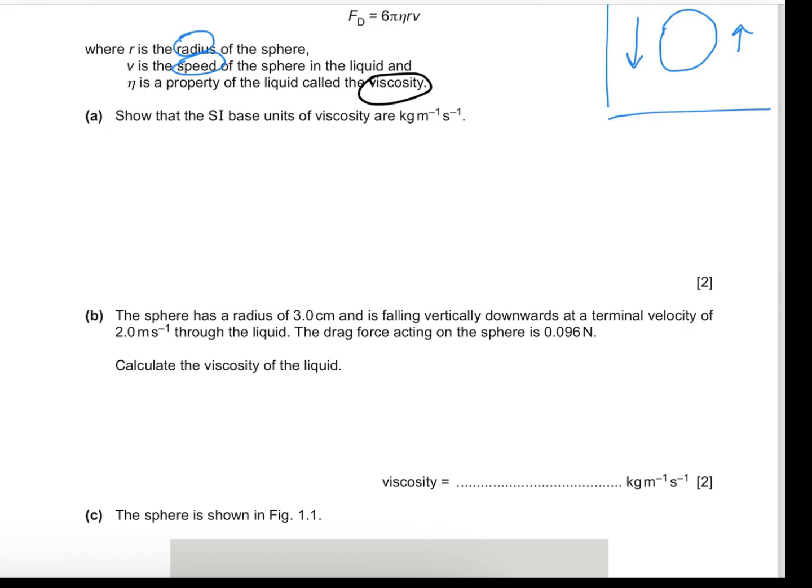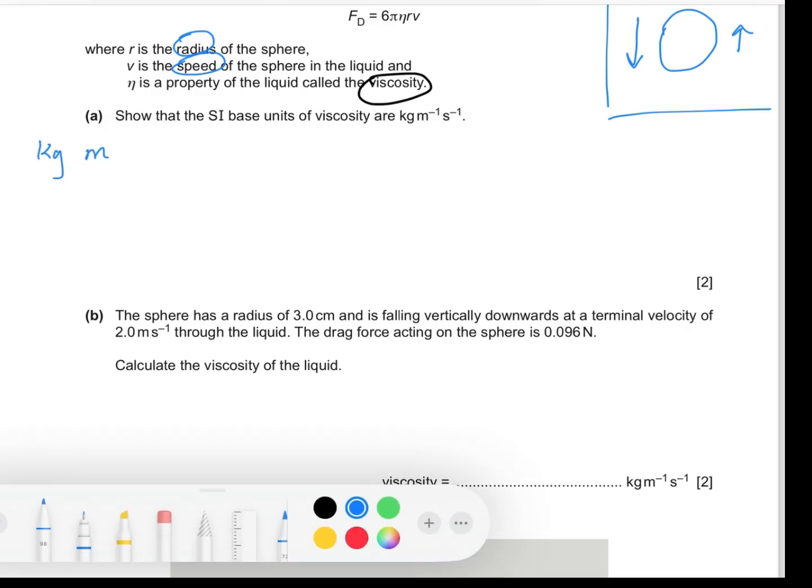So SI base units include kilograms, meter, seconds, ampere, and Kelvin. Now, to find the SI base units of viscosity, you will first need to make it the subject of formula. And following the formula given in the question, viscosity would be equal to drag force divided by 6 pi radius